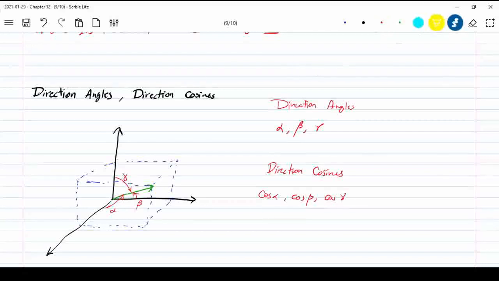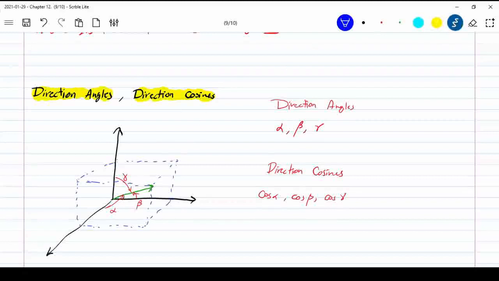Here is what you should be careful about. Direction angles and direction cosines. You should always make sure that you understand what they're asking, because these two are very similar. What is the direction angle? Direction angle is the angle between the vector A or V